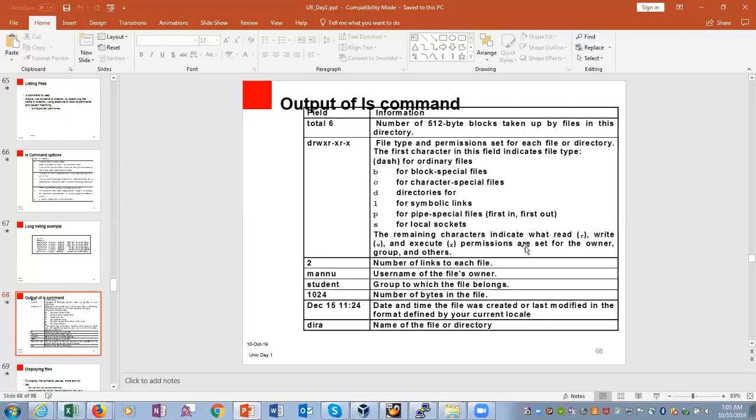The remaining characters are the read, write, and execute permissions set for owner, group, and other. So here the owner has read, write, execute, group has read and execute, and other has read and execute.